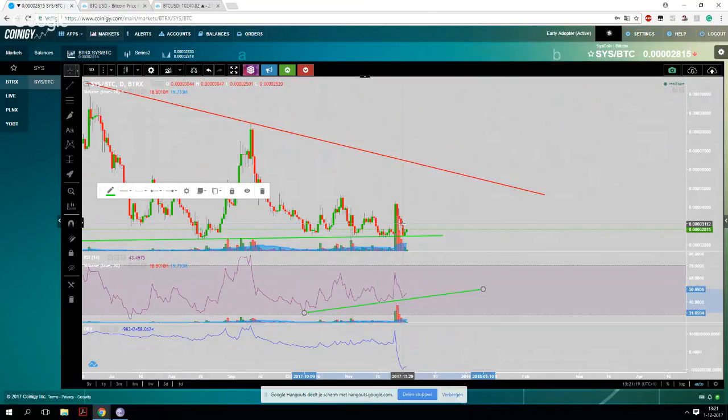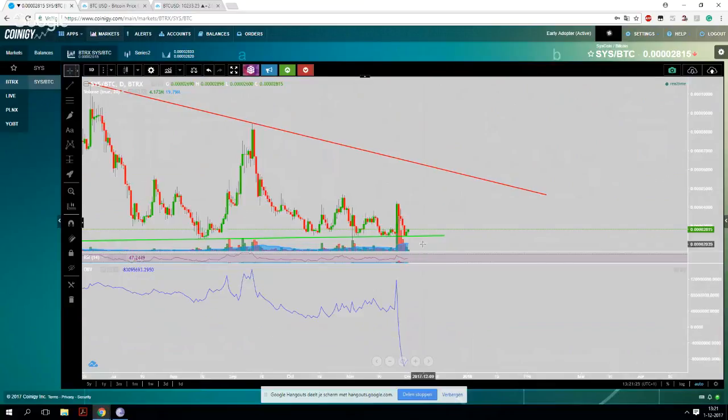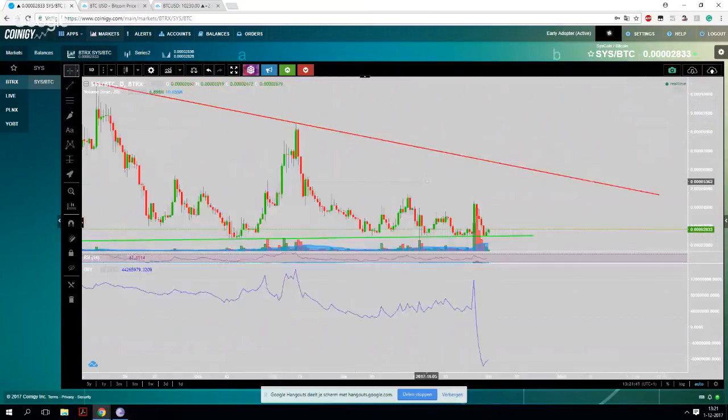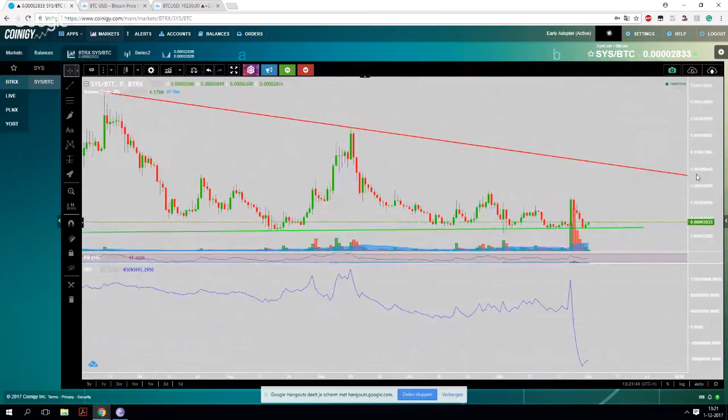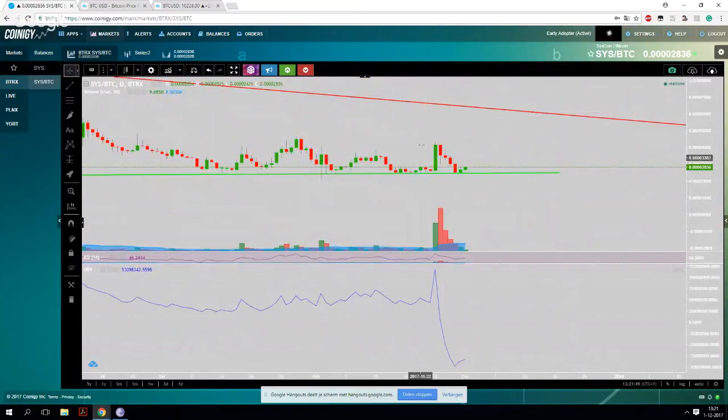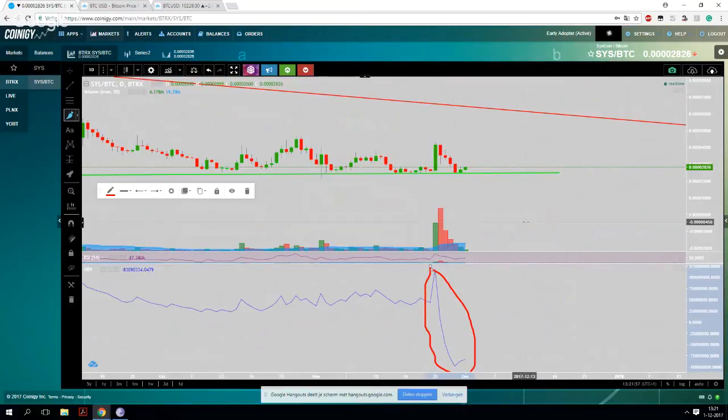Okay, so you could be like, okay, this was just a random pump. But if we look at the unbalanced volume, you can see, just for explanation, if it goes up, coins are being bought. If it goes down, coins are being sold. So you can see the amount of coins flowing in or out of a certain project. Now the price went up here, so did the unbalanced volume. So you could be like, okay, that's good. But after the price went up, if you look at the unbalanced volume here, this means that about